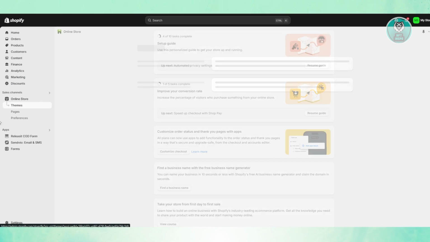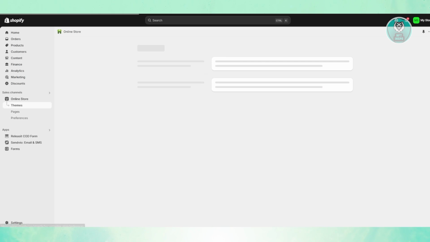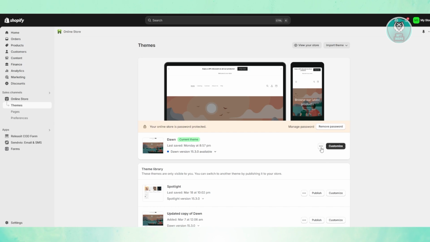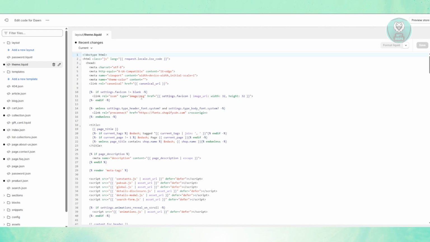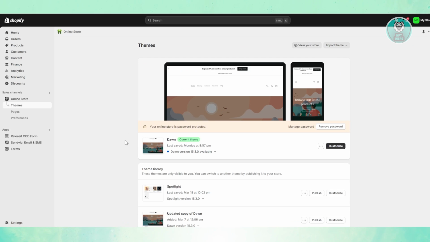Just to give you an idea, when you access your online store, go to themes, click on the three-dot option next to customize and click on edit code, the first thing you'll be seeing is going to be your theme.liquid. But in some cases, people may have accidentally deleted that. So there is one way that you could revert or get the theme.liquid file back into your